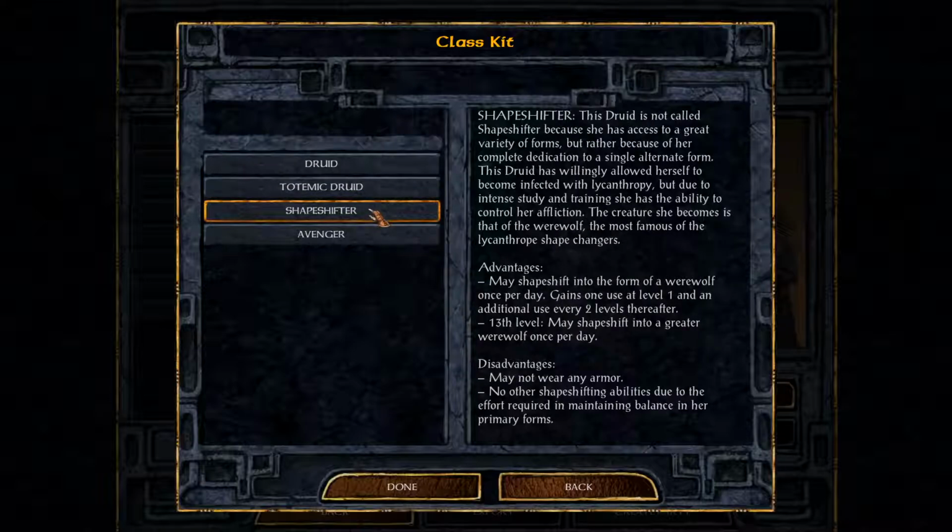Then you have the Shapeshifter here, and then they're more of a, well, as it says here, they've become willingly infected with lycanthropy, which means that they can turn into a werewolf whenever they feel like it. But they have more control over it, so they don't randomly turn into it. But you have a werewolf form that you can use for your shapeshifting. You don't get other shapeshifting options because you're more focused on this one form with your werewolf form. And then you don't get to wear armor, which means that when you're not in your werewolf form, you are